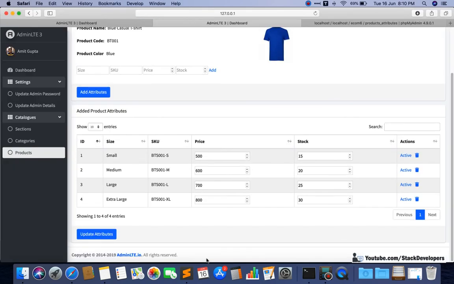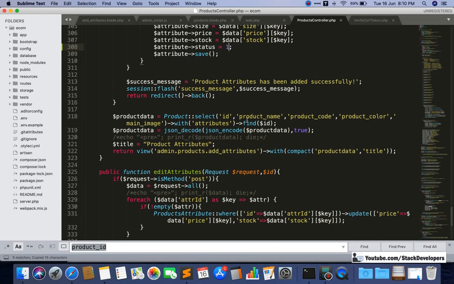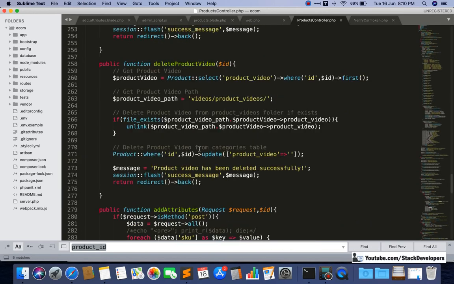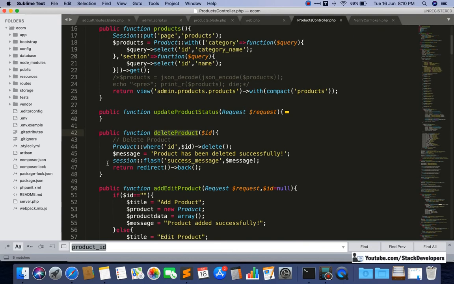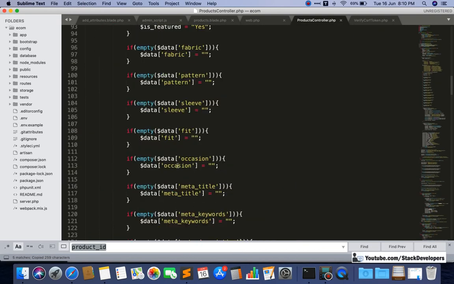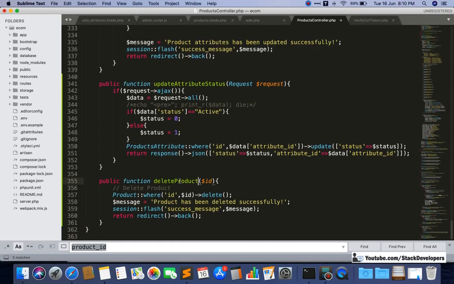Now I am going to try. But before trying, we also need to create delete attribute in the products controller. We have not created delete attribute yet, and we are going to create it similar to delete product. So I am going to copy this one and paste it at the last, after update attribute status. I am going to make delete attribute as well.